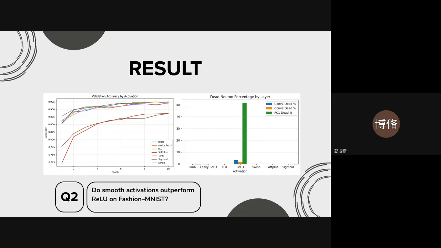Oh, okay. Next, we look at the second question. Do smooth activations outperform ReLU on Fashion-MNIST? Overall, the answer is